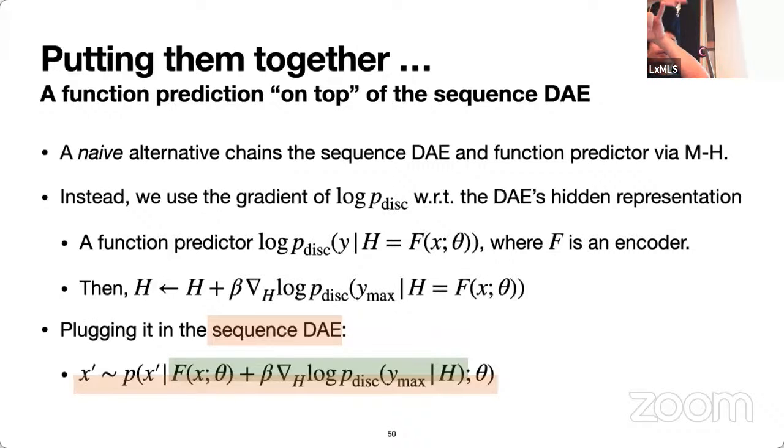Now, because in the middle everything is continuous and well behaved, we can compute the gradient of the output of this classifier with respect to the intermediate representation of this denoising sequence autoencoder. Then we simply encode the input into vectors, compute the gradient, add the gradient slightly, and decode it out. We do it over and over in order to get a series of samples.